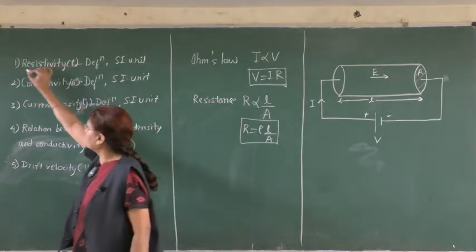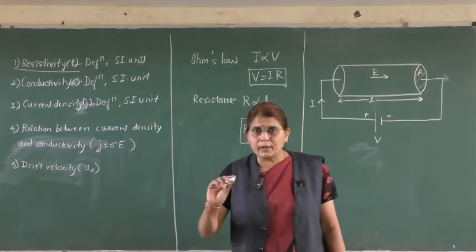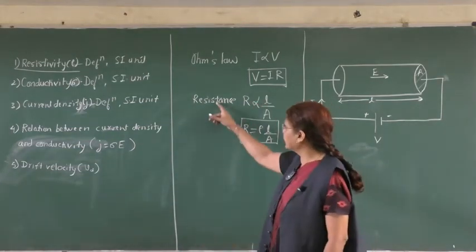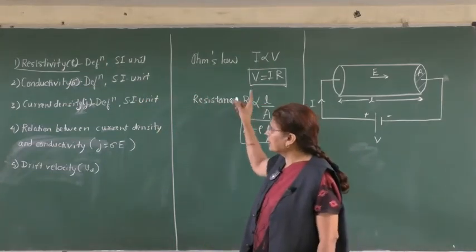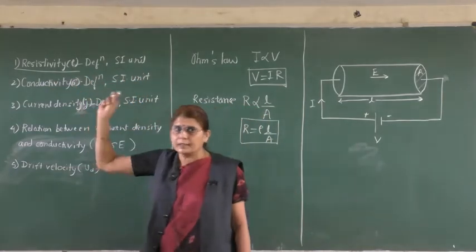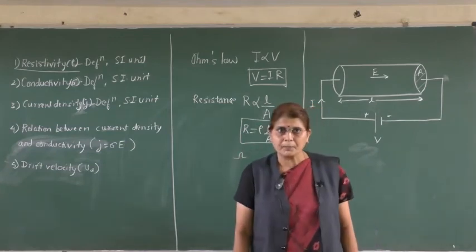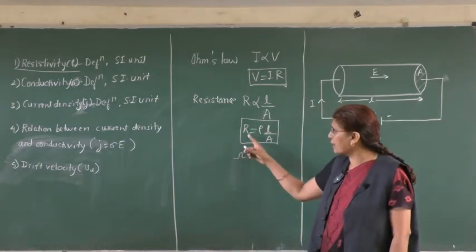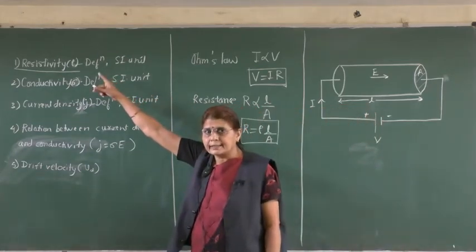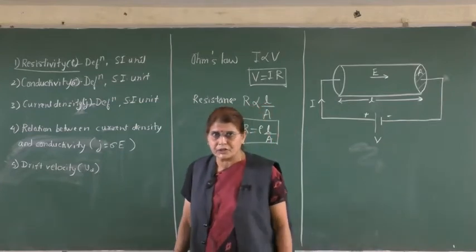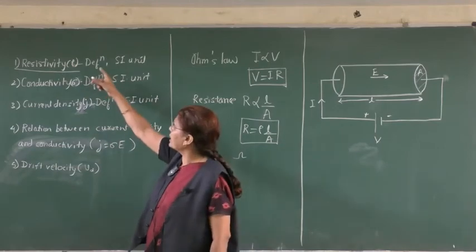I have written here. So this is today's first point I am going to start with, resistivity of a conductor. The two words look almost similar, like one is resistance, another is resistivity. Two words are quite different. Resistance R and resistivity rho. Units are also different. So last time I had told you the SI unit of resistance is ohm. So we shall make use of this equation, R equals rho L upon A, to define this term called resistivity. So the first point in today's lecture is resistivity of a conductor, the definition and its SI unit.